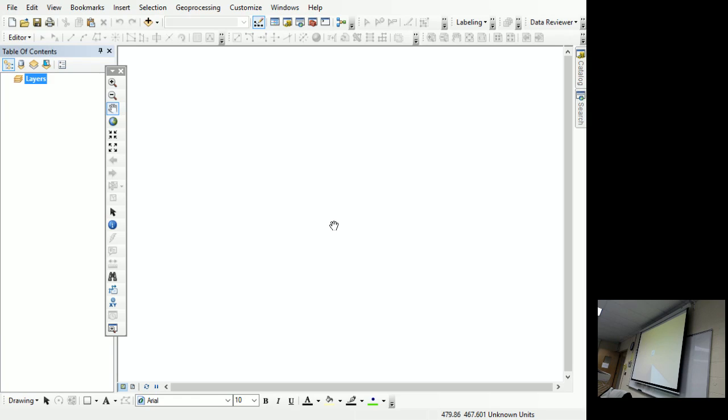You know how to access ArcMap in Windows 8 by moving your mouse to the upper right, clicking the search key, and then typing ArcMap. Or today we're going to use our catalog.